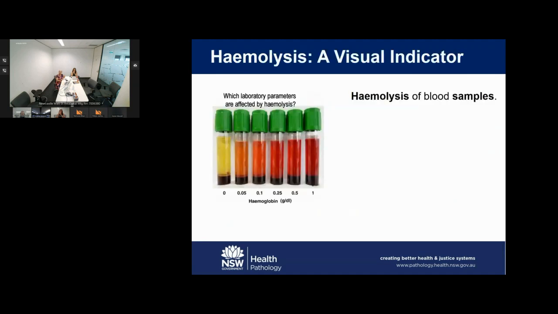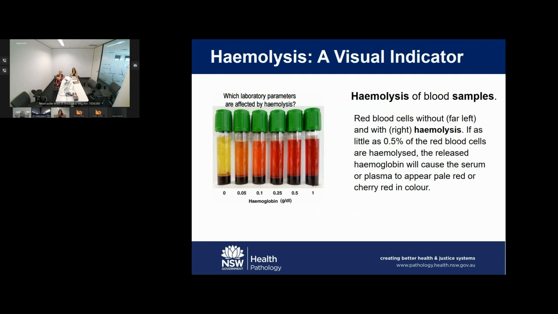And we've got a few samples there that have been put into a centrifuge, and the plasma has been separated from the red cells. As you can see, the red cells are at the bottom of the tubes, and the tube furthest left actually has no hemolysis. But as you move across, you can see from the bottom ledger that it says the concentration of grams per deciliter of hemoglobin. And as you move across to the right, you'll see that the colour is quite dark at 1 gram per deciliter. You can still see through it, but the plasma is really red,